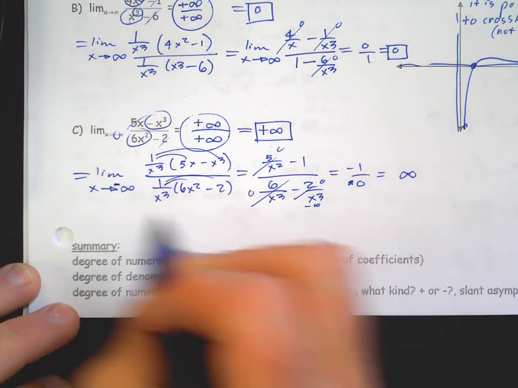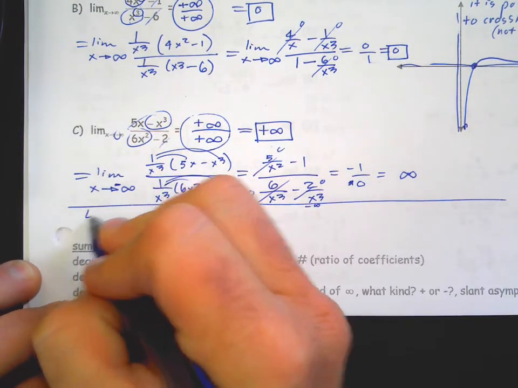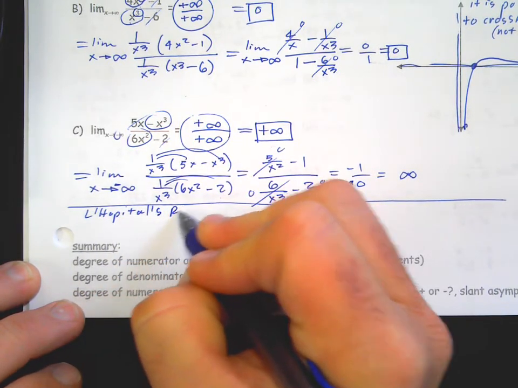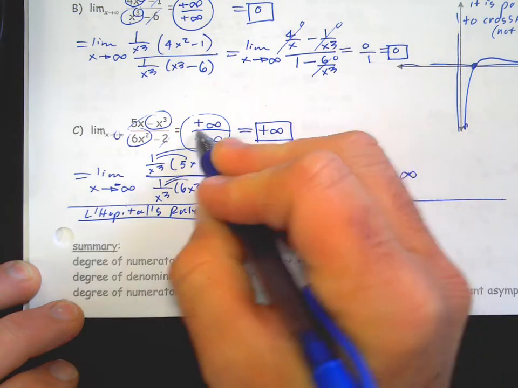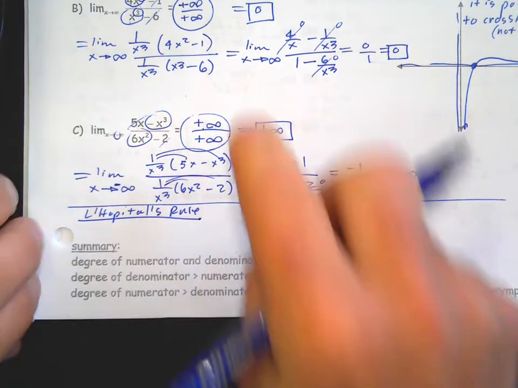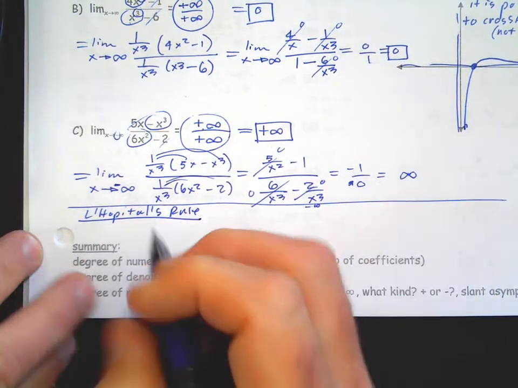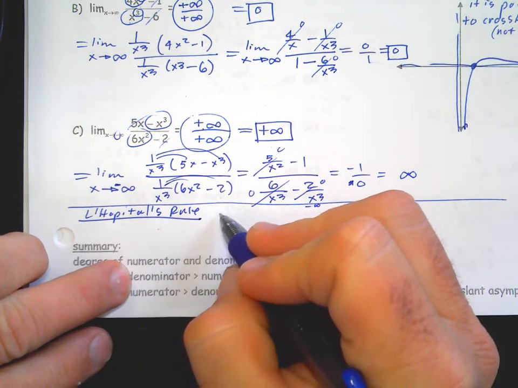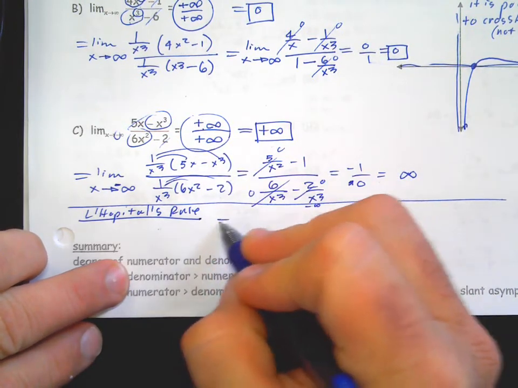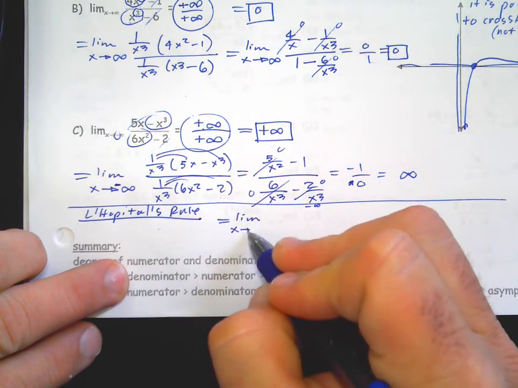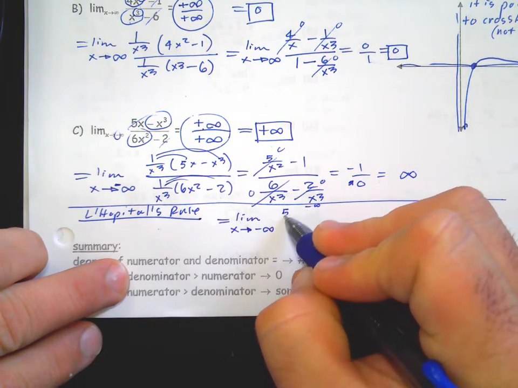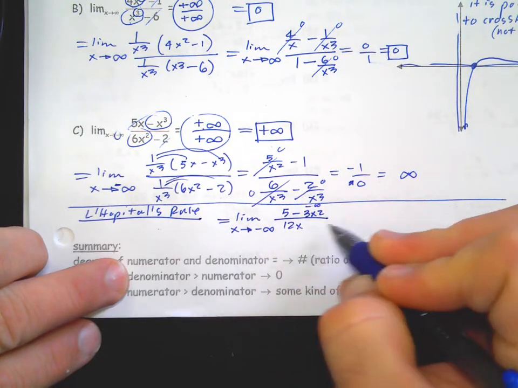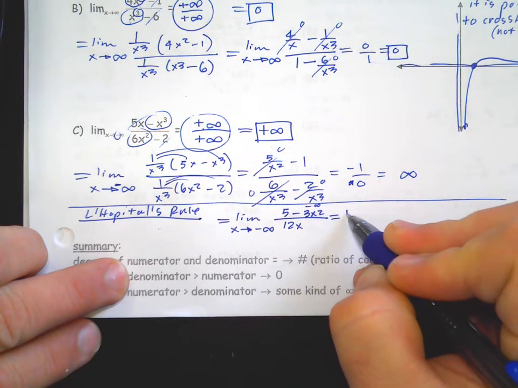Okay. Now, here's something. I'll show you L'Hopital's rule. To use L'Hopital's rule, you can only use it if you get 0 over 0 or infinity over infinity. And you should show that. And this is like the laziest way you can show that. On the AP test for your response, you've got to get a little more technical with it. So if we do this, then since we've got infinity over infinity, we're going to say, well, it equals the limit as x approaches negative infinity of the derivative of the top over the derivative of the bottom. We plug negative infinity in here, we get positive infinity again